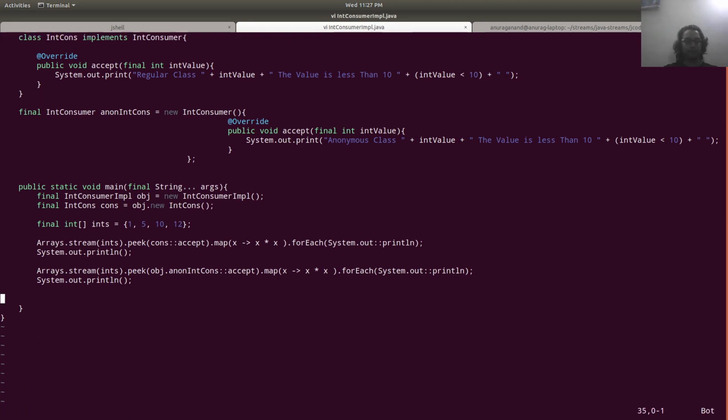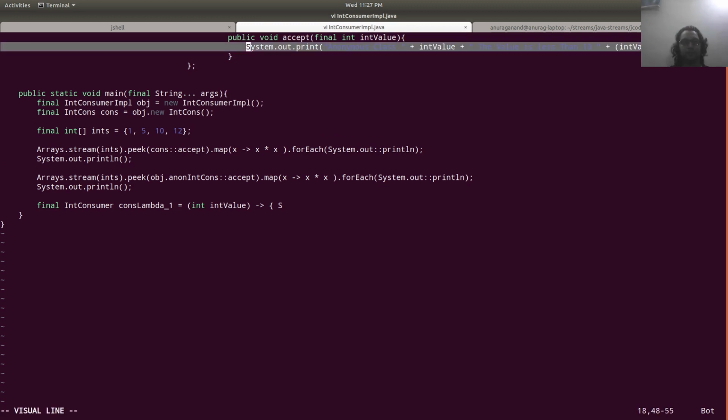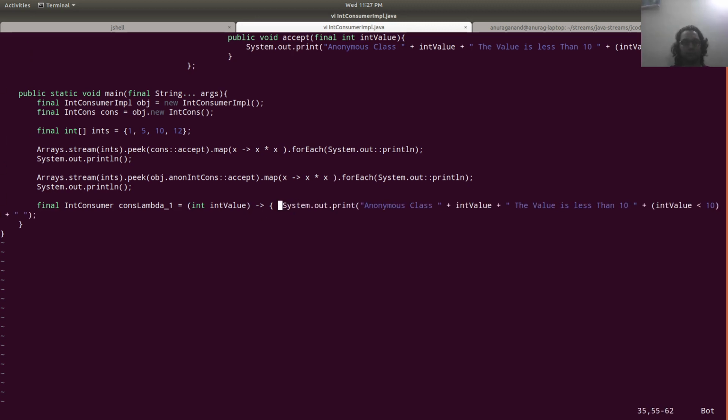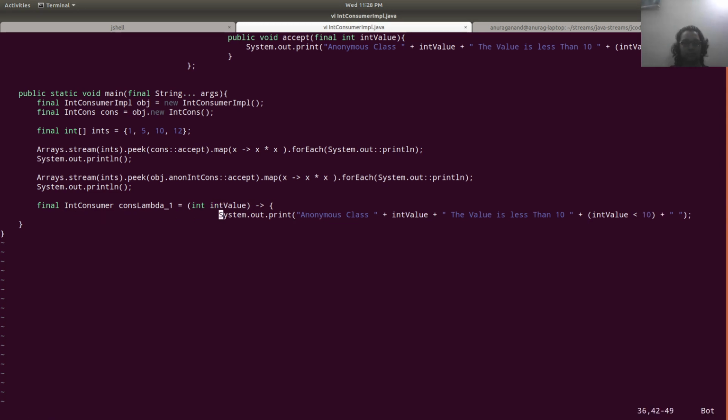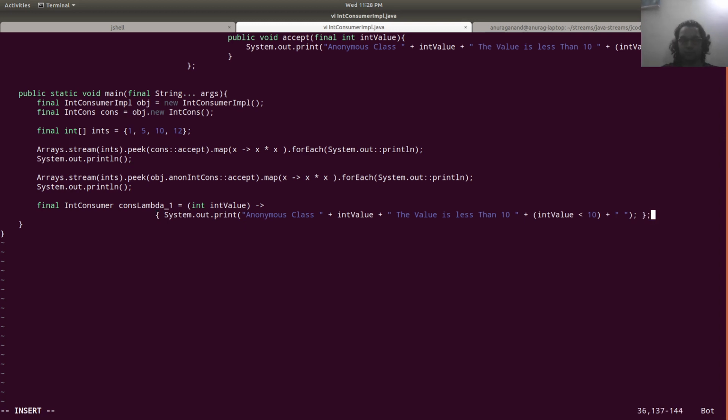And next I'm going to use lambda for this. I will say IntConsumer consLambda1 is equal to int value, and it is going to say the same word over here. consLambda.